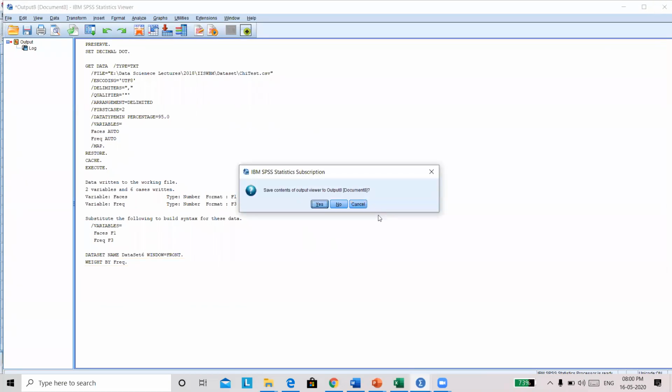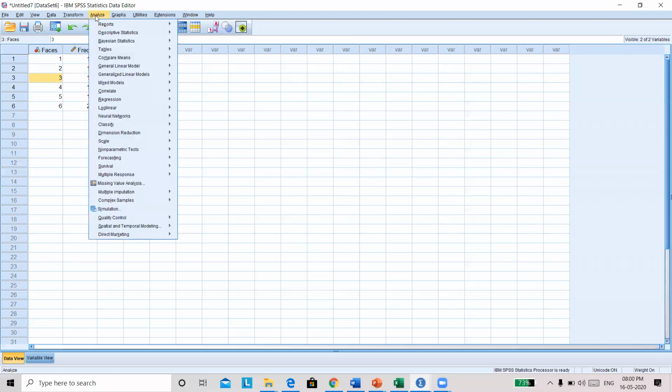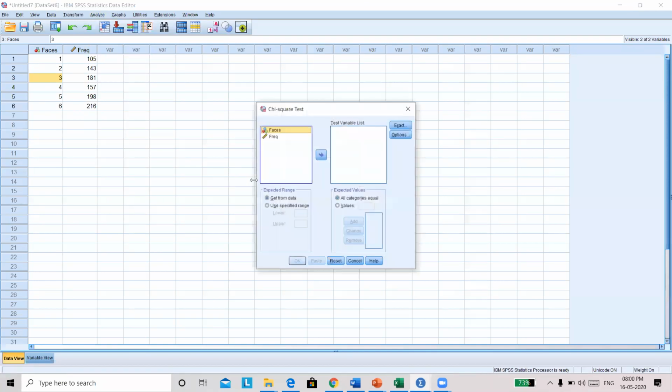So now let's go back here and go to Analyze. In Analyze, we will now go to Nonparametric Tests. We will go to Legacy Dialogs and go to Chi-square.